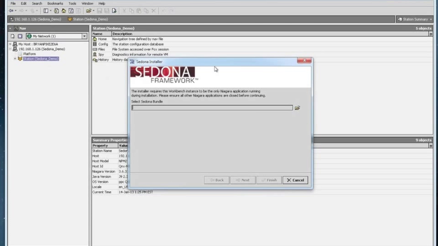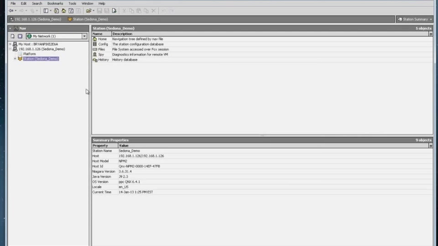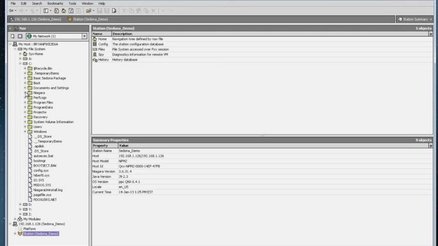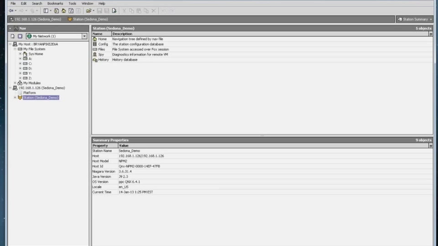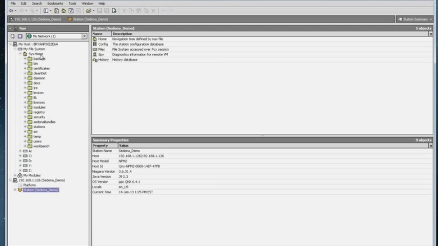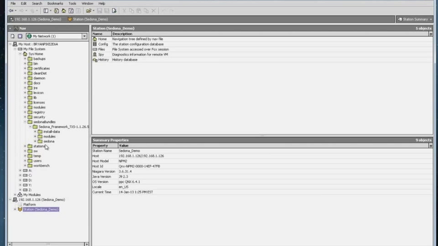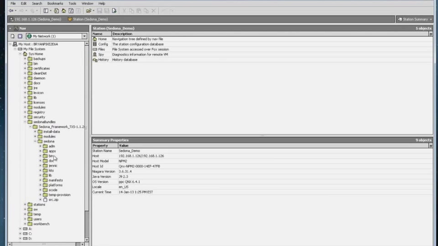Now I'm going to cancel that because I already have the Sedona Framework installed on my machine, and I do not want the directories to be set up again because I have all of the appropriate kits and manifest. Once that takes place, you'll see in the left side of the tree here that it will set up the directory within your system under Niagara. If we just drop down sys home, you'll see exactly where the Sedona bundles are located within the appropriate version, and then from there your framework, and all the way down into your Sedona network where your kits, manifest,